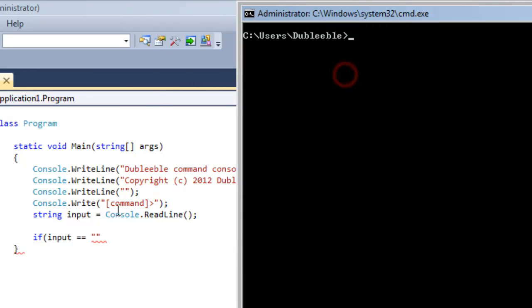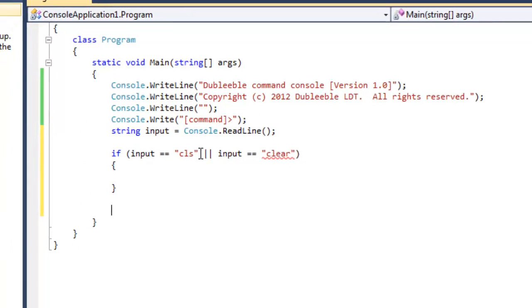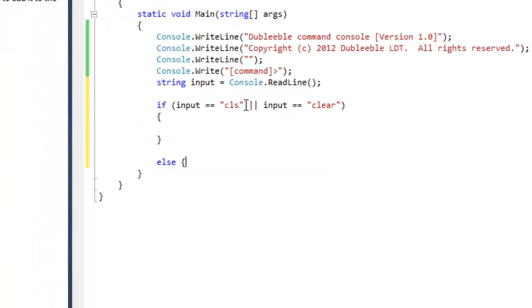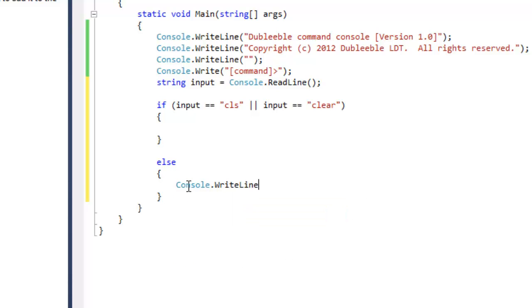We're going to make ours either CLS or clear, so input equals CLS or input equals clear. Okay, else if they don't type in that command, we want it to just do console.writeLine,